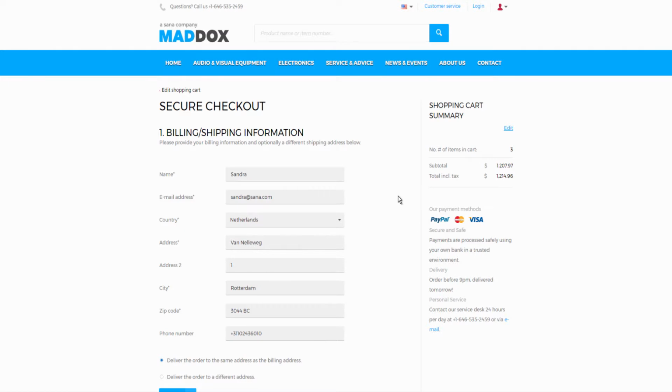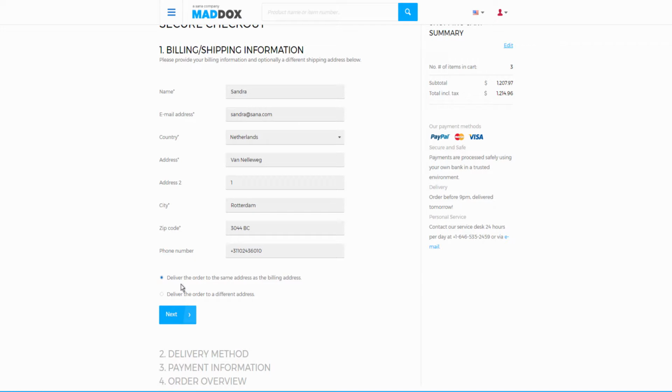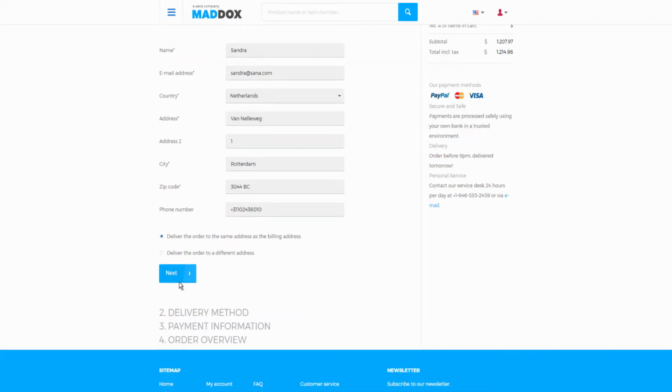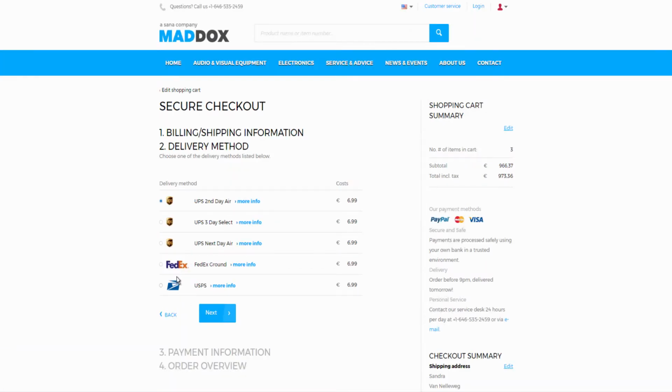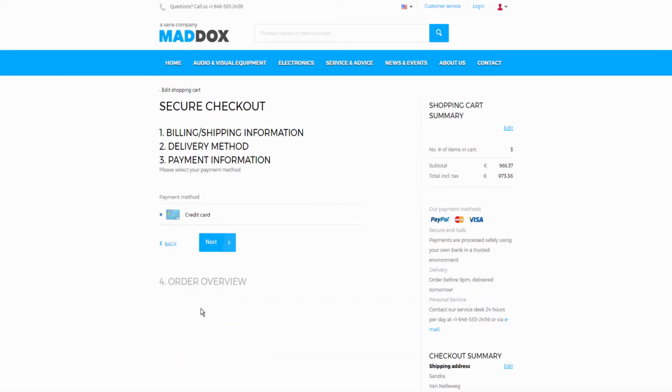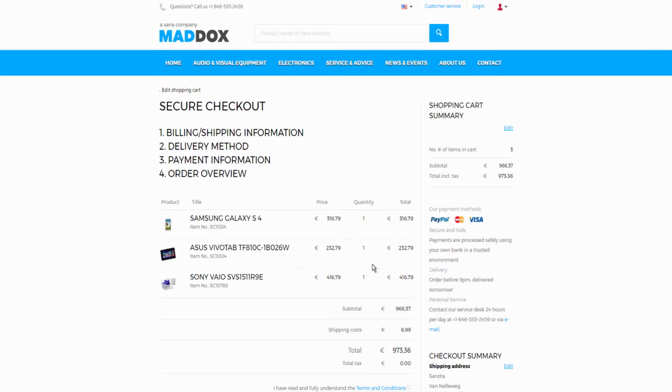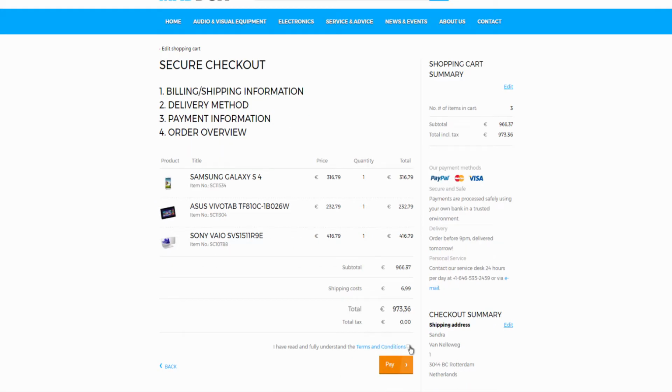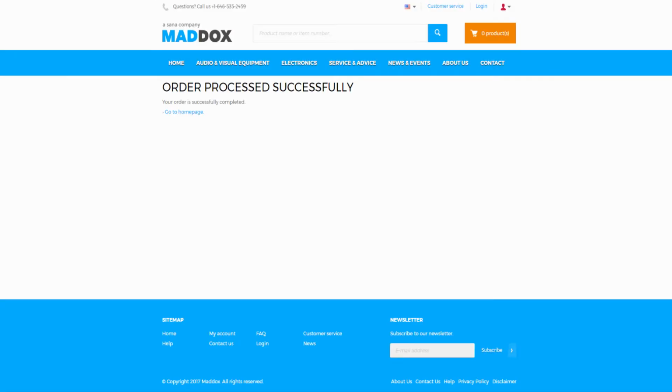Let's go back to the web store. When billing and, if necessary, custom shipping information is entered, a guest can select a delivery method and a payment method. Check the order details one more time and pay the order. As you can see, shoppers who are placing orders without registration have almost the same shopping